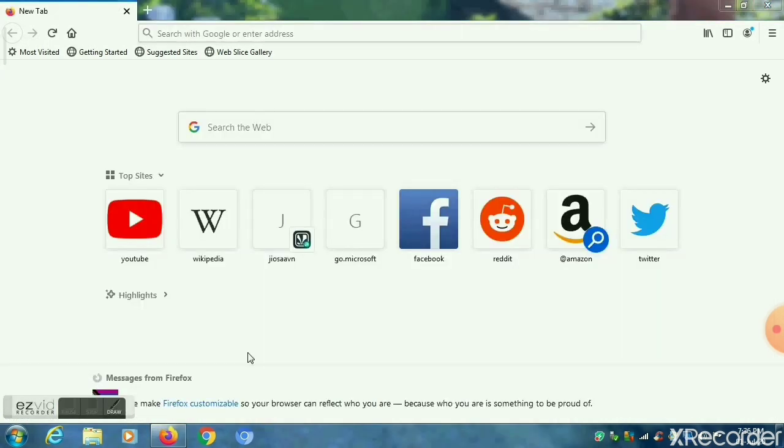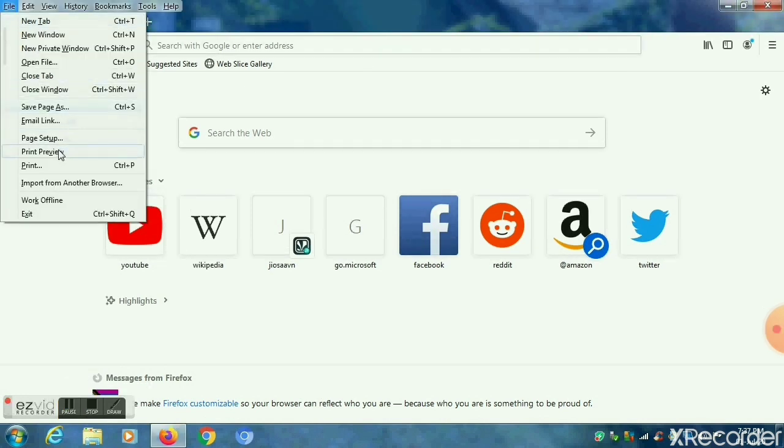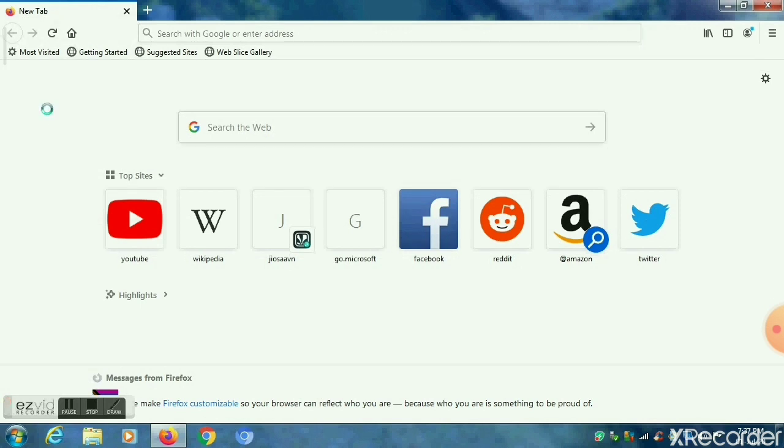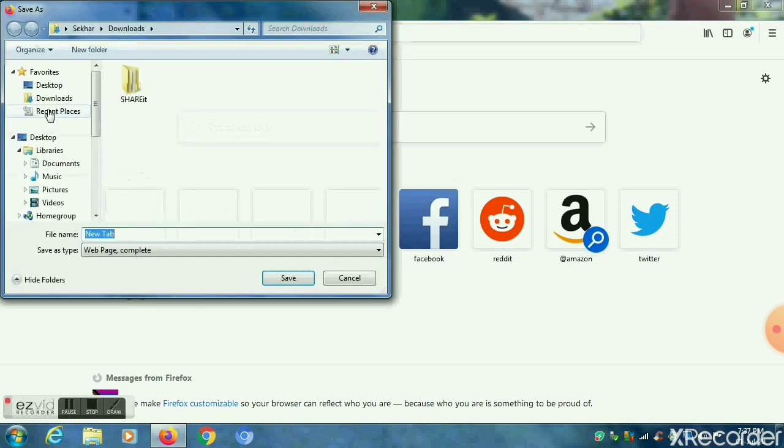The next topic is how we are going to save the entire or a part of a web page. Here are some of the steps I'm going to explain. First of all, once you open Mozilla Firefox, go to the File menu and select the Save Page As option.